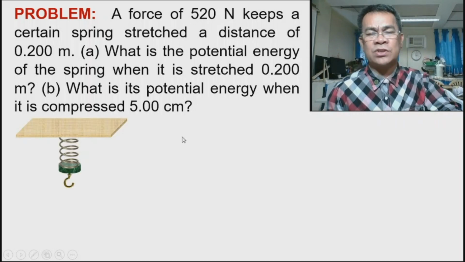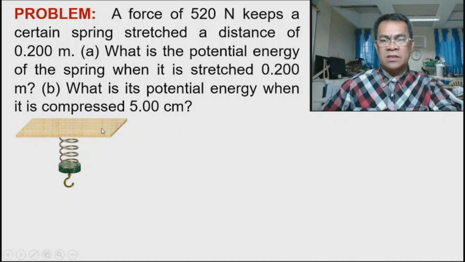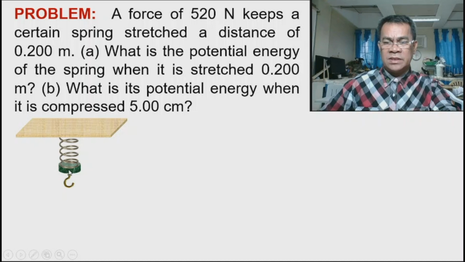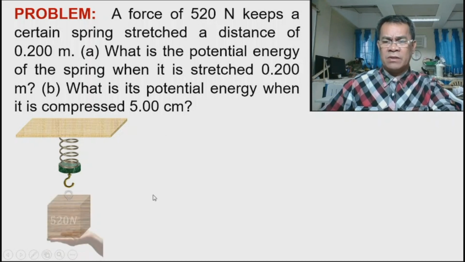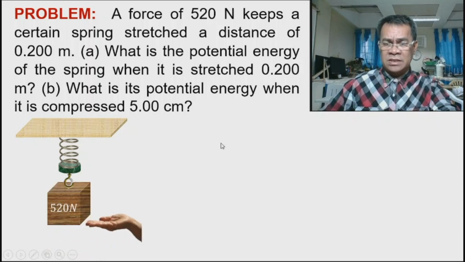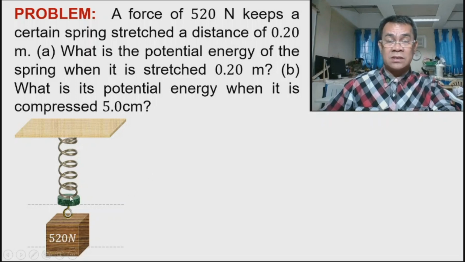Okay, to solve this problem, start with this figure. This is a simple analysis. You are hanging a spring on a fixed wall, on the ceiling, and we have this hook, and this is the unstretched length, meaning there's no force applied on this part. Let's say I place an object at the end, then release. What will happen? It will stretch.